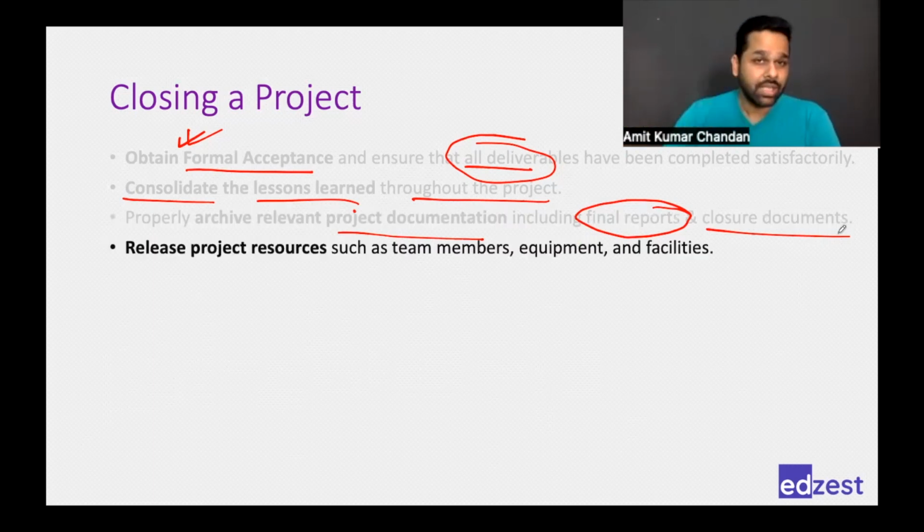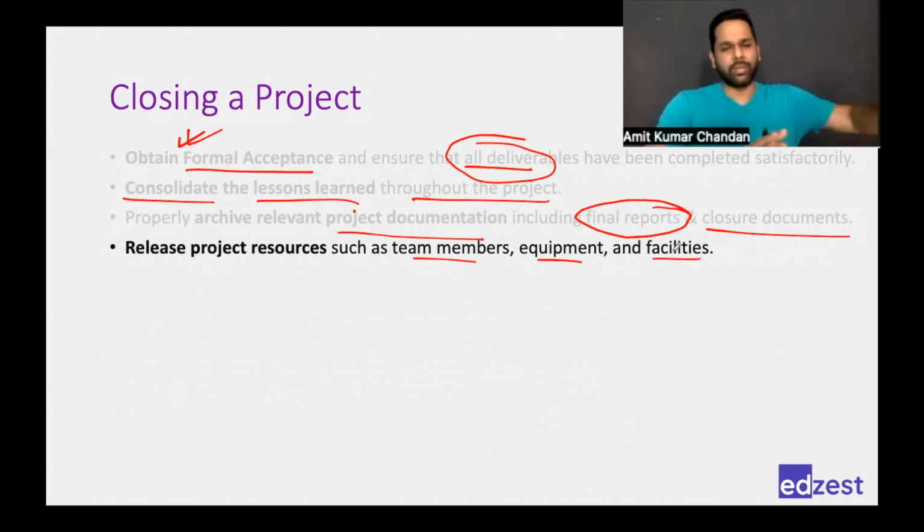Then release the project resources: team members, equipment, facilities, whatever you have. Whatever you have taken from the functional manager, resource manager, or IT managers, return it to them. Team members might go to a different project, or they might go back to operations work. Equipment that you have used might be used in another project or in operations work, or it might be discarded. Whatever it is, we will release it from our project